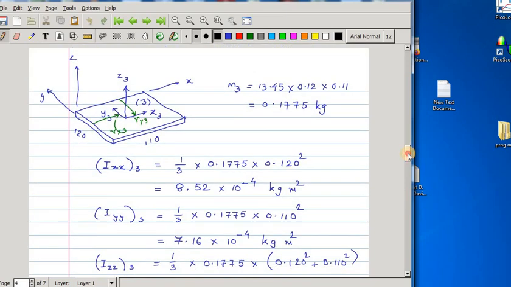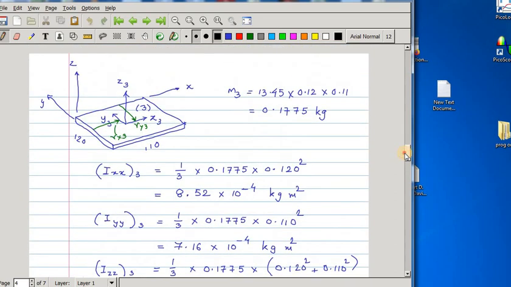And then for this square plate, this is the mass, Ix3x3, that means Ixx of 3. You can get this about Ix3x3, which is 1/12, and then you can add this amount, taking into account the effect of this shift, and you get 1/3 mass into this length square. So you get this, and Iyy is 1/3 mass into this length square, so this, and Izz is the summation of these two,